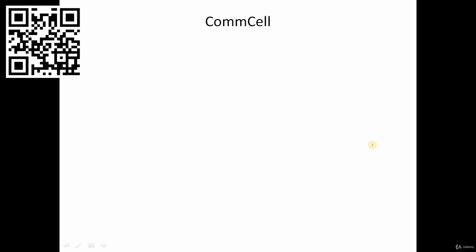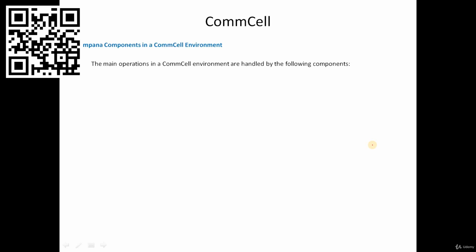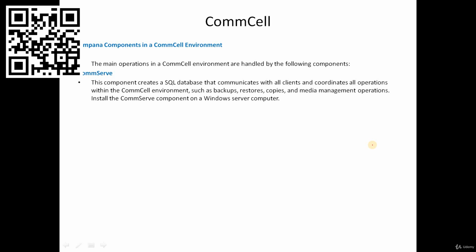So now let us quickly understand what is CommCell and try to go into more details so that we can have a clear understanding of the architecture. So when I talk about the CommCell, it includes main components. The first component will be my CommServe. The CommServe will have an SQL database. So when you are installing your first component, which is a CommServe component, an SQL database will also be installed